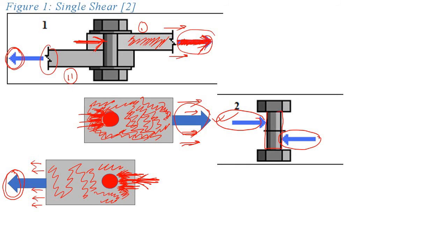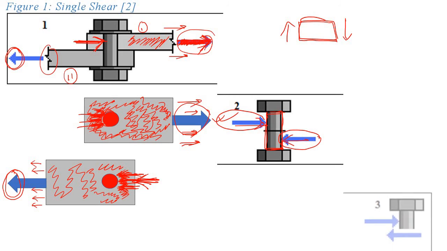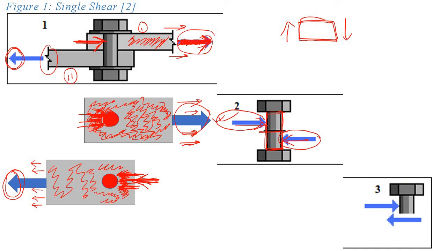So now it's clear to you that this bolt is under the action of pure shear. This is the shear force, and here you can see this is the pure shear condition. This is one force and this is one force, and if we cut any section here, there is a shear force. So now you have got the idea of how, when we apply a tensile force, a bolt can have a shear force. Got it?